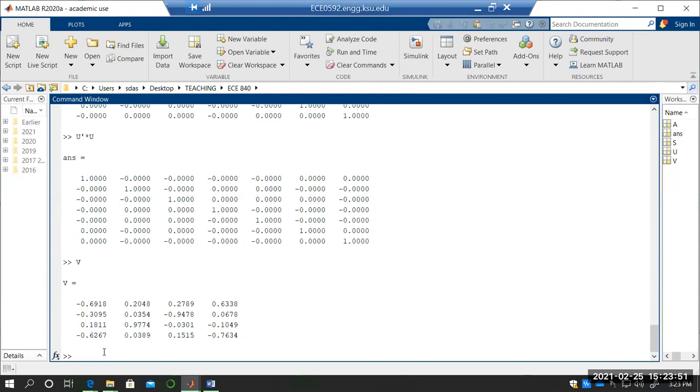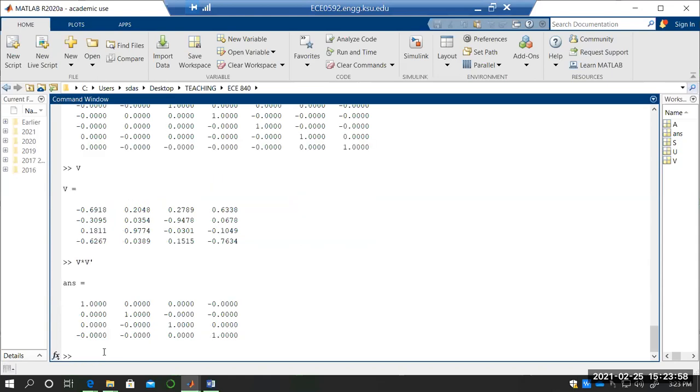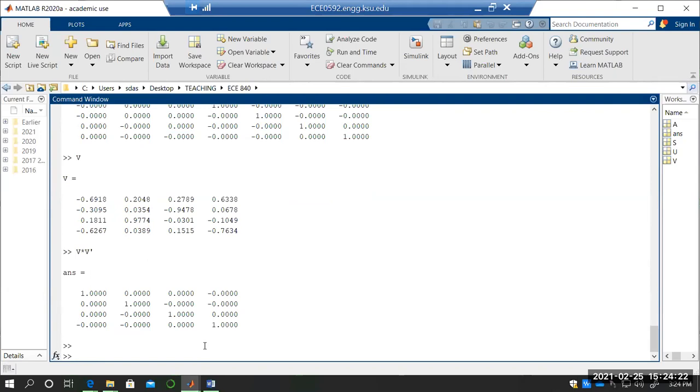This is my V. Now V is also unitary. So V star V transpose is the identity matrix. You can see that this is an identity matrix, right? All these were identity matrices. Due to numerical reasons I get all these negative signs, but these are numerically very small, negligible zeros. Only the diagonal elements are 1. Okay, so this is V, and now